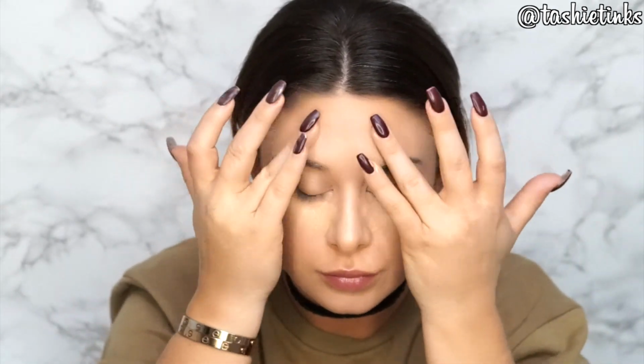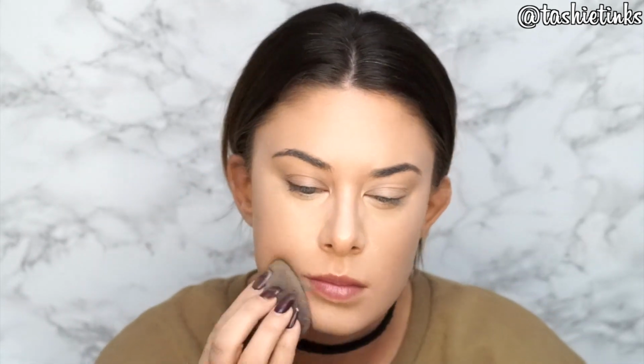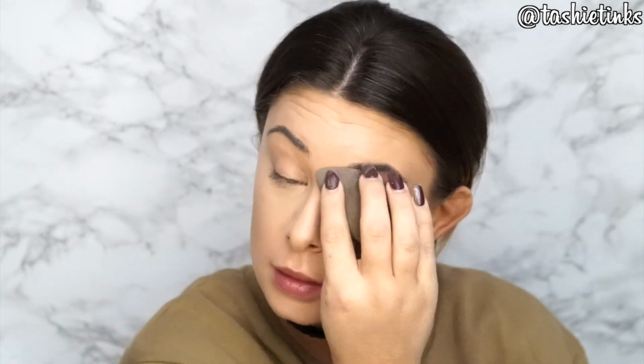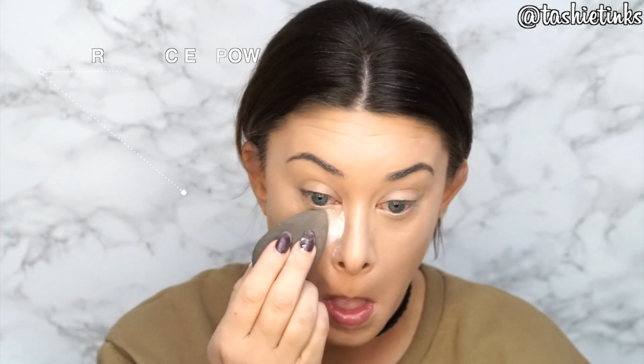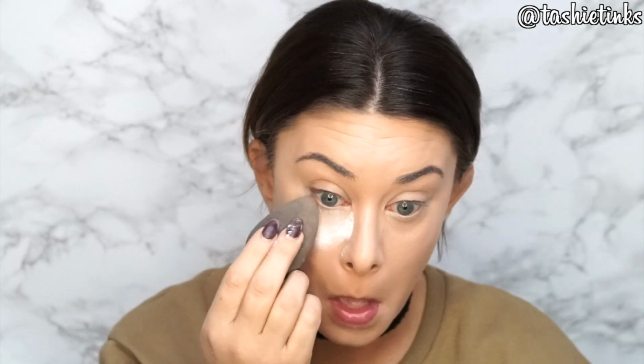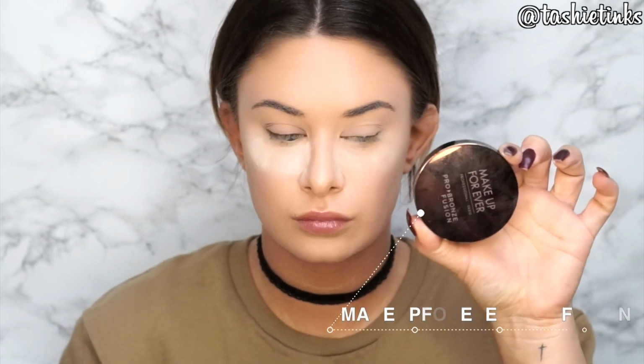I'm going to blend it out with the damp Beauty Blender, and then I'll be setting it with my Laura Mercier translucent powder. I'm just going to let that sit there and bake for a quick minute while I go in with contour